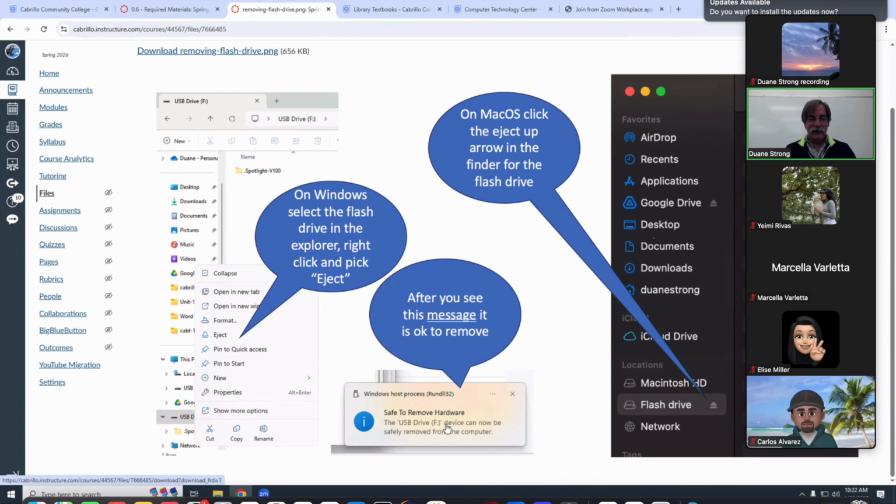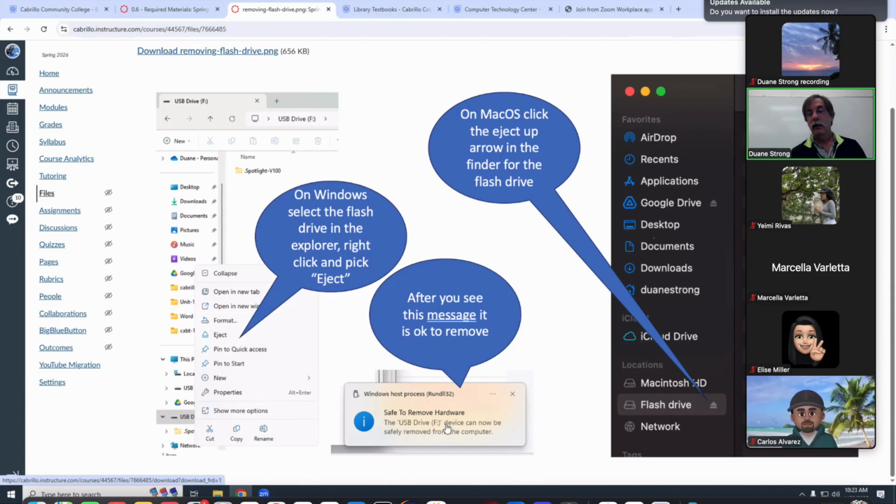There will be some data, maybe your Word file that you've been working on for the last 2 hours, sitting in memory cache. It hasn't been flushed out to the USB drive yet. So if you just yank that USB drive out, all that data sitting in that cache is lost. When you do this eject button, that forces a flush of that cache out to the drive.